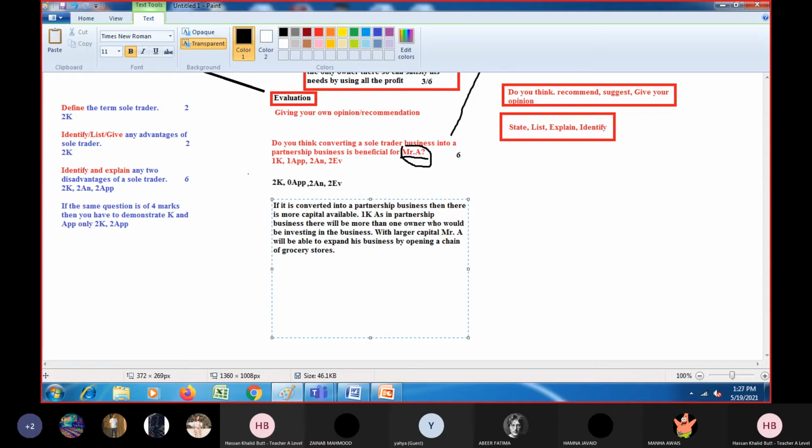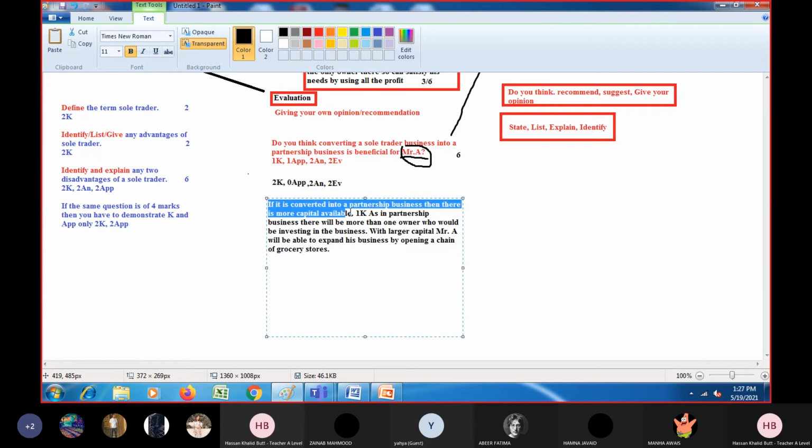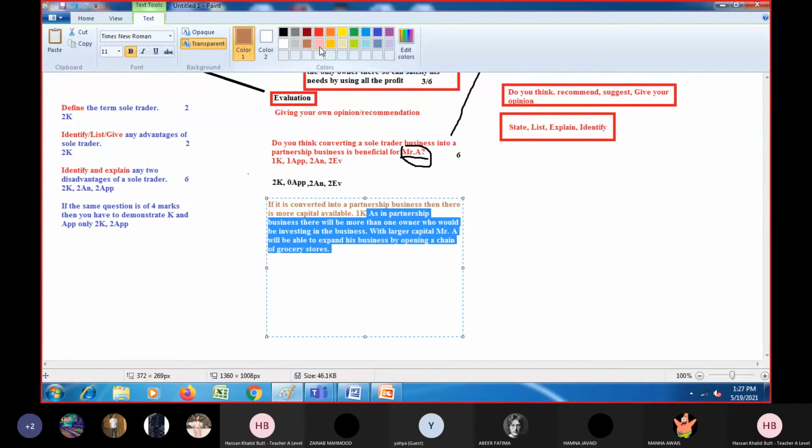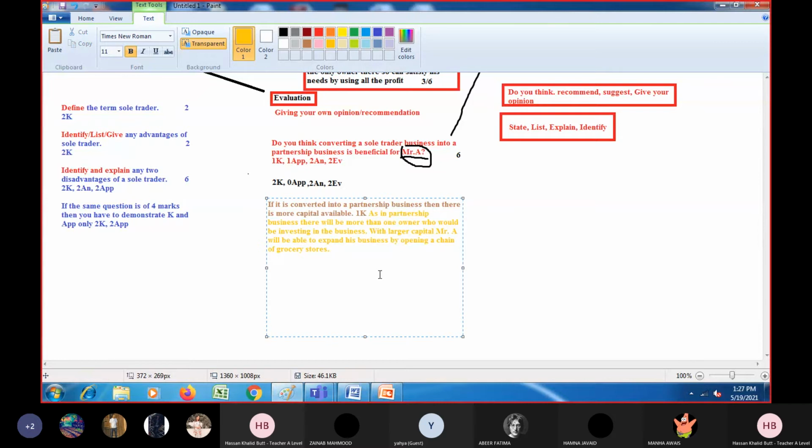Now, this is something you already know. So, this is knowledge, right? You know about it. Then we developed our point. Okay, we actually gave the logical reasoning there. This is all analysis. Okay, can you tell me, have I used the application here? Have I met that objective? Application? No, sir. What do you think? No. Okay, anybody else? Anybody else?